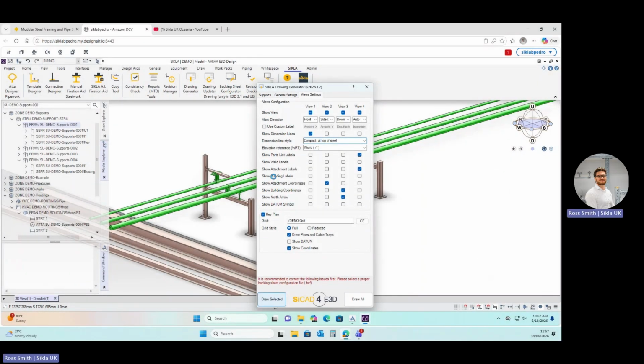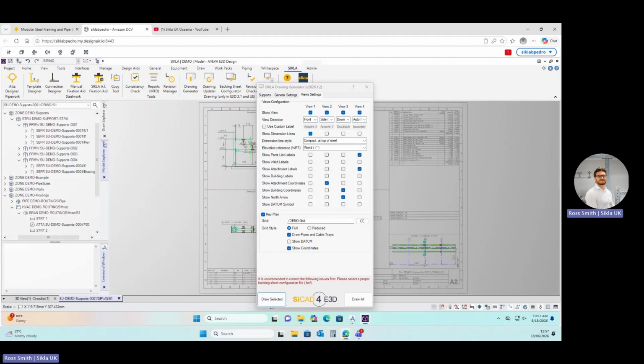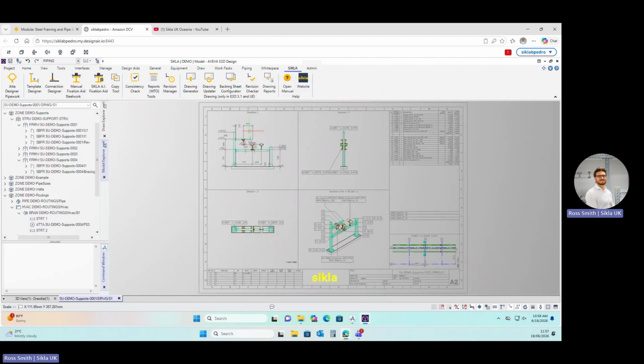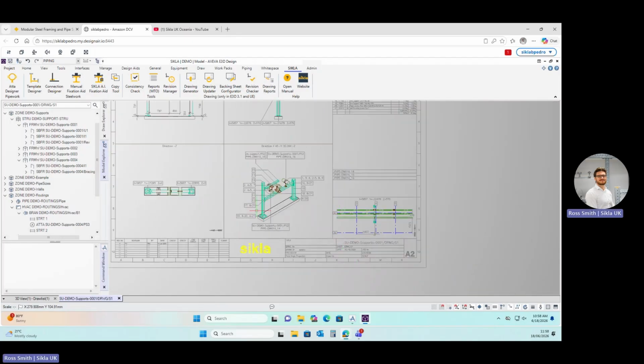And remember, we're just running one drawing, which is support 01, but this can be run for a batch of drawings. And this may take longer than one drawing, understandably, for the system to process, but it can be run overnight or something like that in a batch process. And once this is complete, you see some flickering going on here, that the Draw Explorer is active. I'm just going to close down the drawing generator template, and you can see the design that we produced is out of the box, essentially ready to be